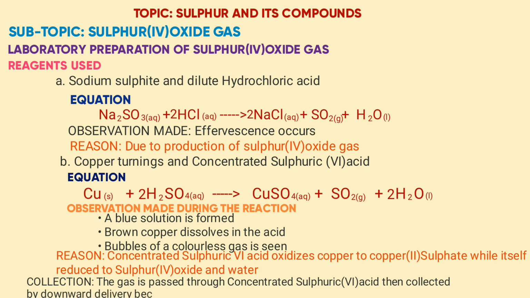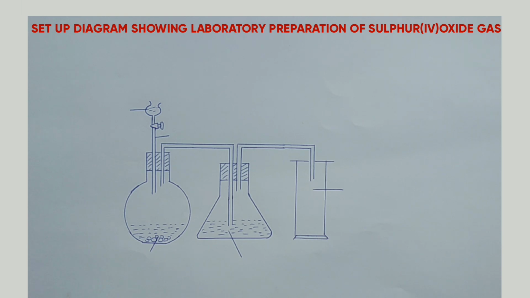than air. Now the diagram below shows laboratory preparation of sulfur 4 oxide. As I mentioned earlier, you can either use dilute HCl and sodium sulfite. If that is the case, you place here sodium sulfite and you place here dilute hydrochloric acid. Then if you are using copper and sulfuric acid, you place copper turnings here, you place here concentrated sulfuric 6